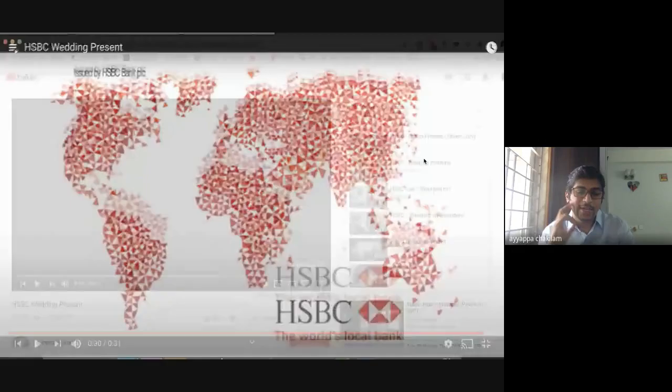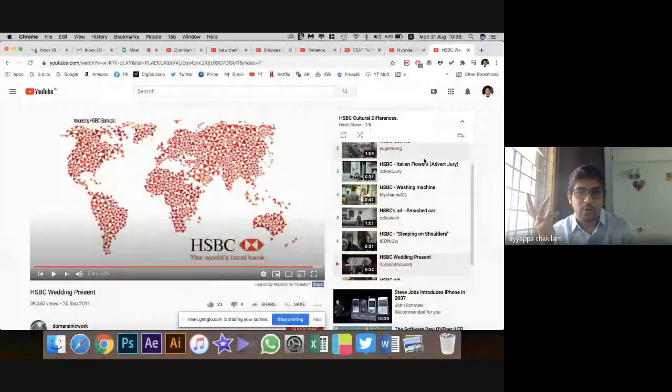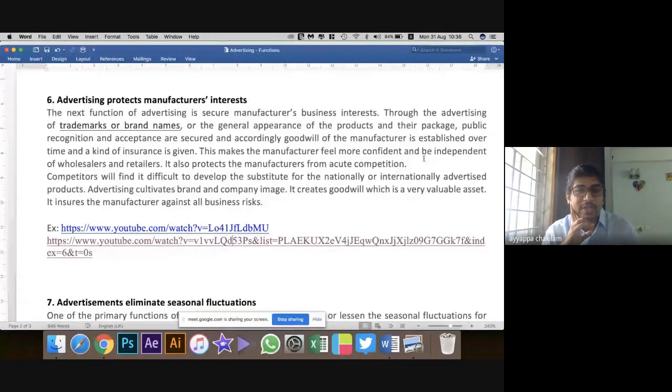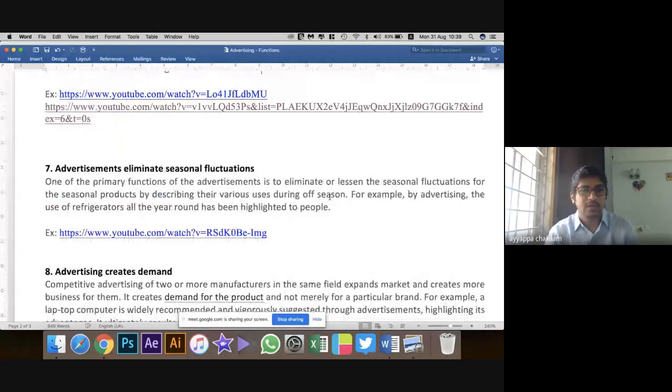So they're trying to say that in Malta, it's the reverse. At the wedding, the newlyweds give a memento to the guests who are coming in. That's how cultures are different in different places, and they're trying to say HSBC clearly understands what you really want. So that's the thing I wanted to tell you.